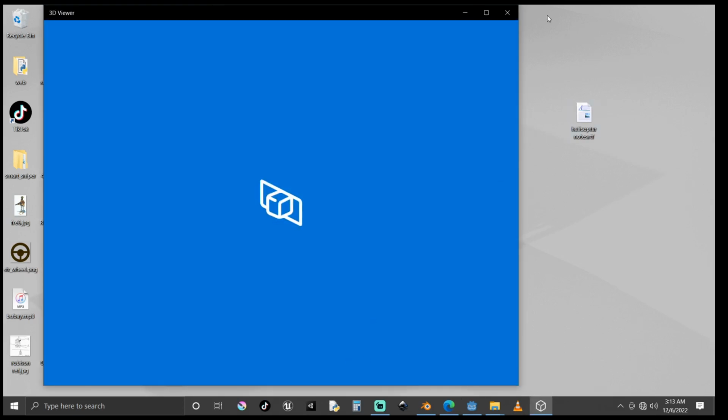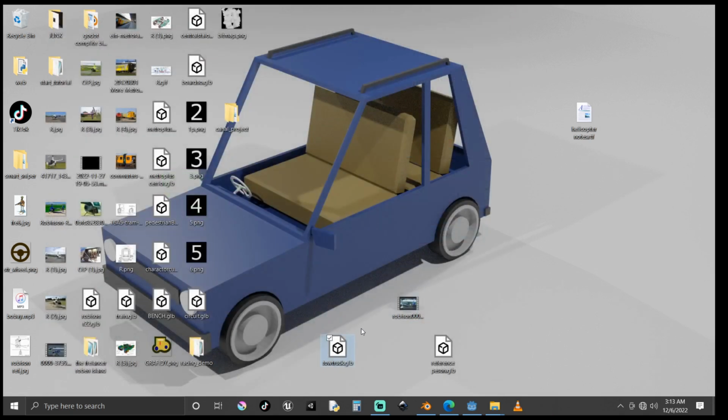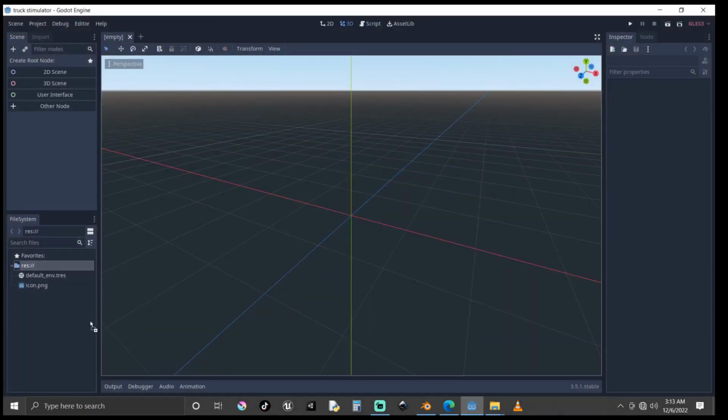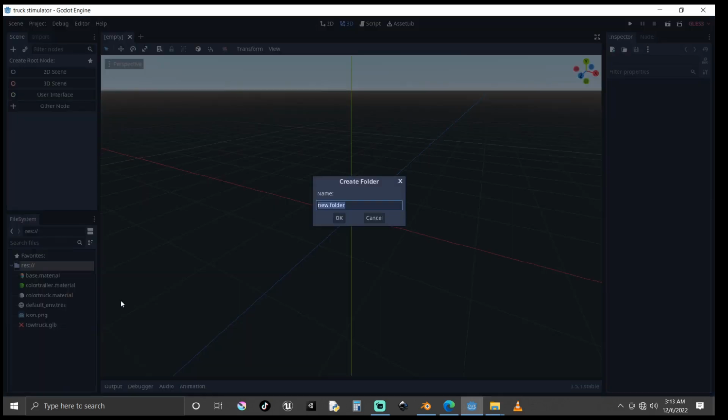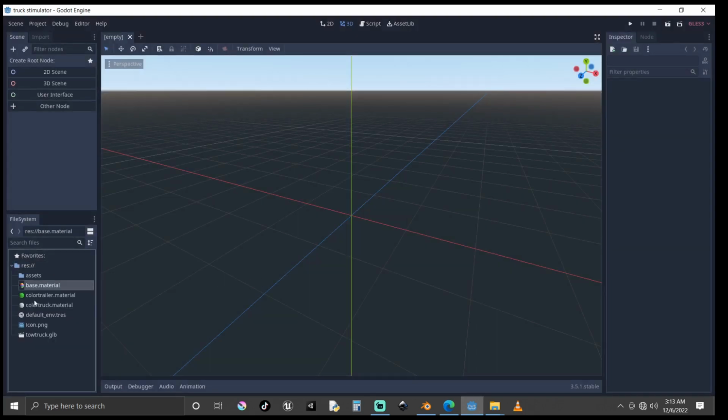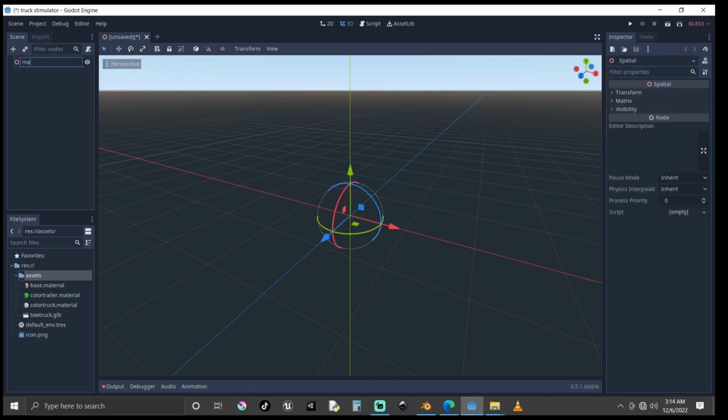So what up guys, in this series of videos we're going to create a low poly truck simulator. I'll start by creating a folder for my assets just to organize things a little bit. Earlier on I've imported my truck model. In this series of videos I will try to use Godot primitives to make the environment of the